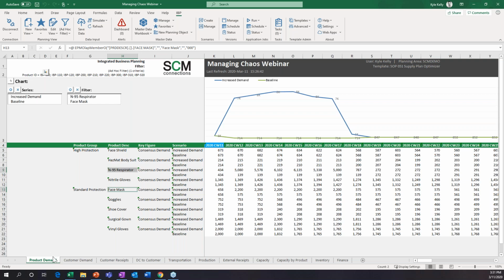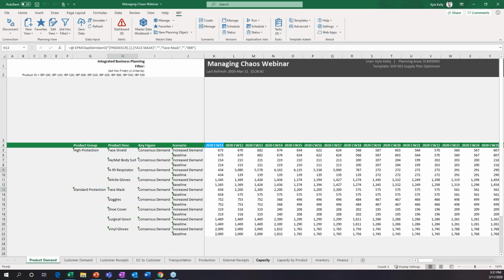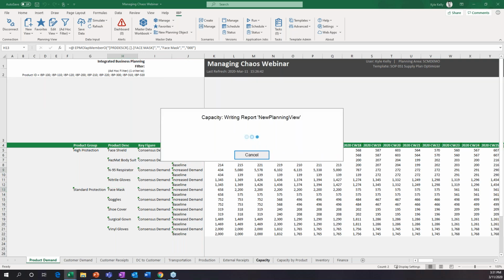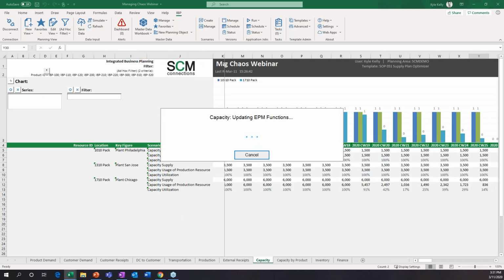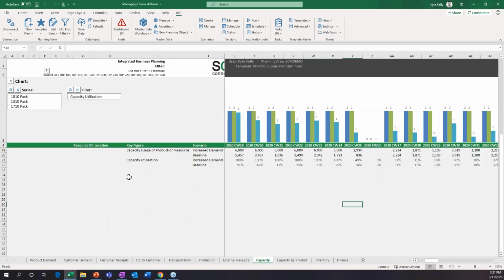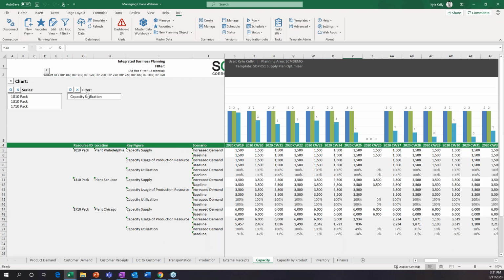Right, so now, following what we did before, let's take a look at the capacity tab and see what's going on with our network now that we have that huge spike in demand. Before, we were looking at just that baseline. Now let's look at not only the capacity utilization but the increased demand scenario, and see what's happening with our resource utilization.